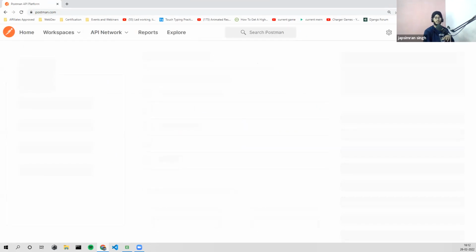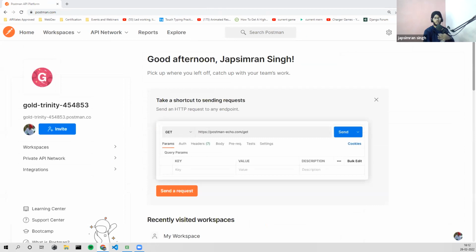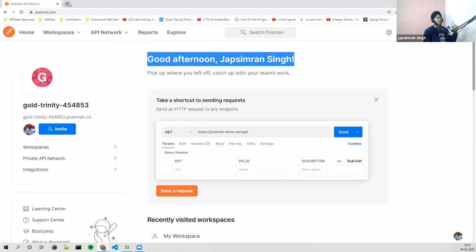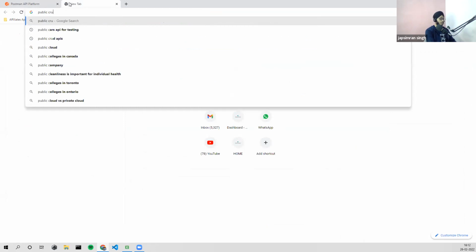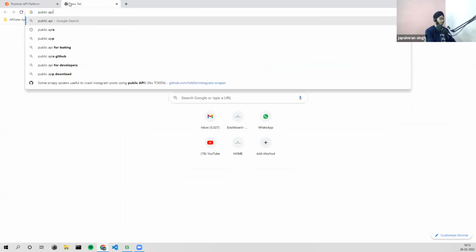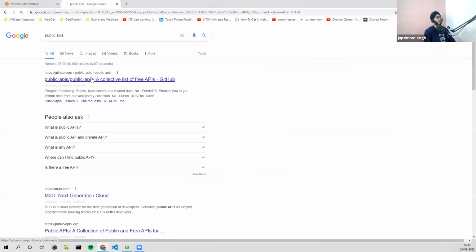In this workspace, you will use a public API, any public API. So how to find a public API? Public CRUD APIs, let's search for public APIs.